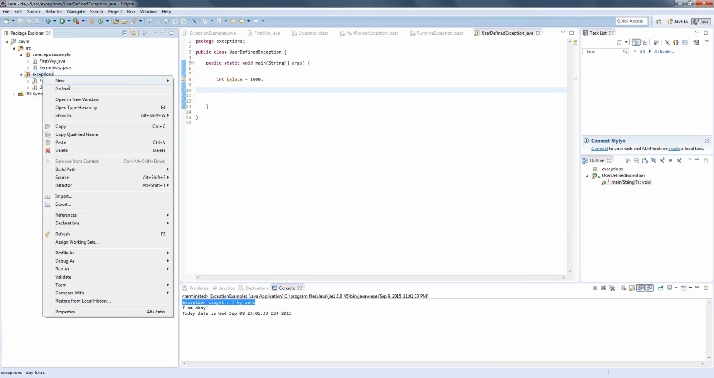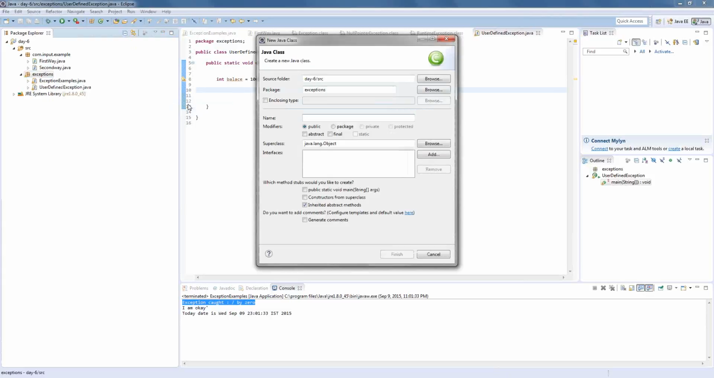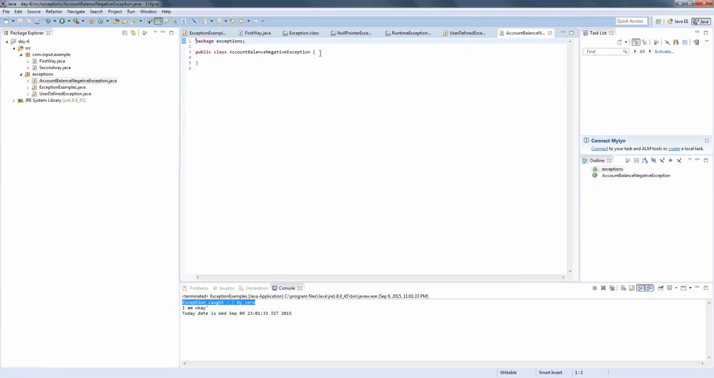So what I will do is create my own exception. The way to create it is to write the name AccountBalanceNegativeException. This is my exception name, and it extends the Exception class, and once it extends the Exception class, it will also behave as an exception class, and inside that we will write a constructor